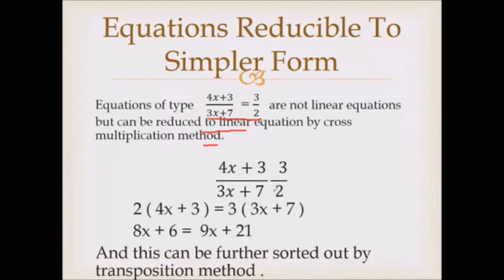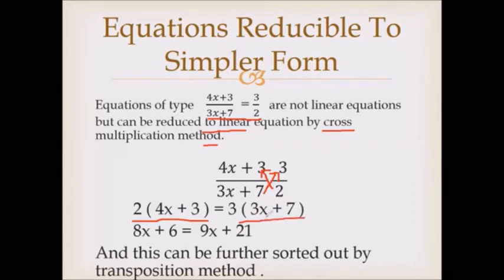What do you understand by cross multiplication? As the name suggests, cross. We have to put a cross like this, with the arrows like this. That means we are transposing 2 to this side and we are transposing the denominator of the other side to the numerator, right? If 2 is in divide, it becomes multiplication on the other side because we are transposing it. And 3x plus 7 is in divide, that means denominator. So on transposing, it becomes multiplication with the numerator, right?